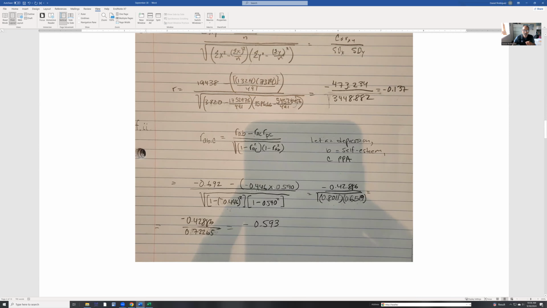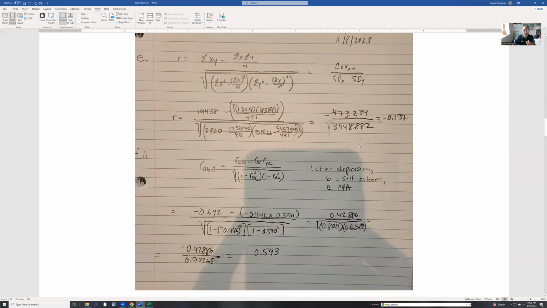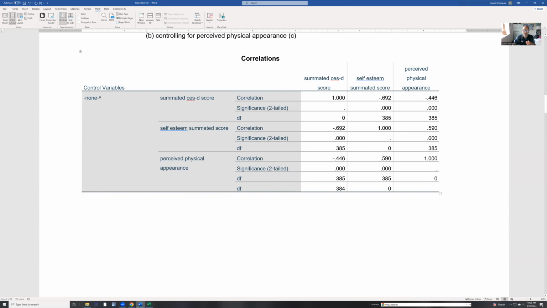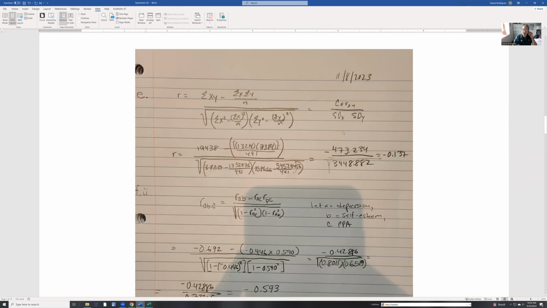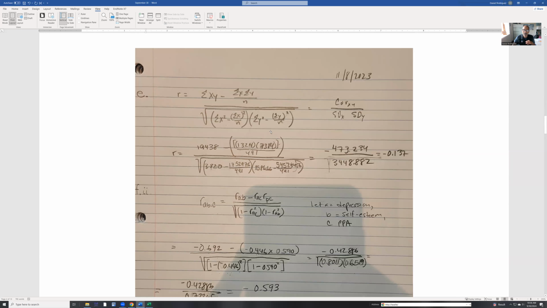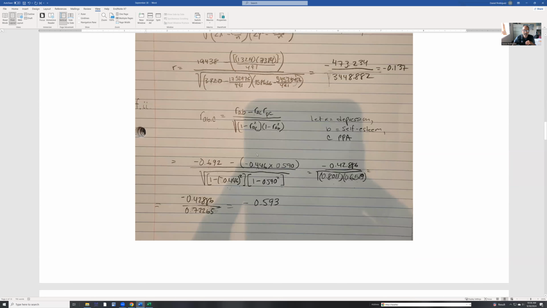My mistake. The partial correlation here was R, A, B. So we'll let A equal depression, B equal self-esteem, and C equal perceived physical appearance. So we need the correlation between depression and self-esteem, and we saw that was minus 0.692. Okay, and then we have, where am I? Here we go. And then we have